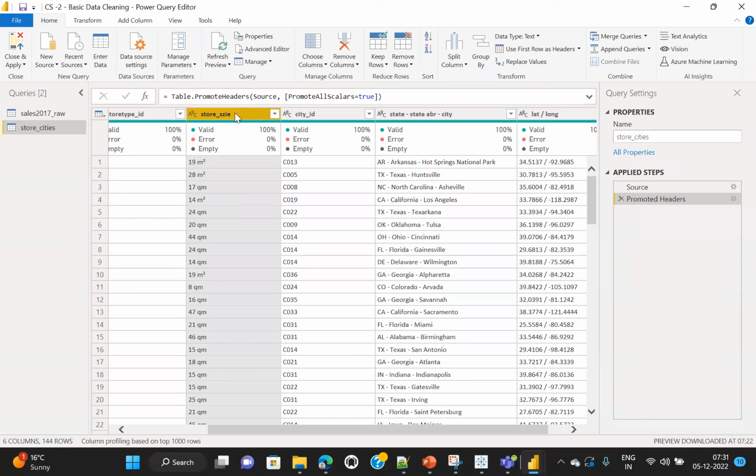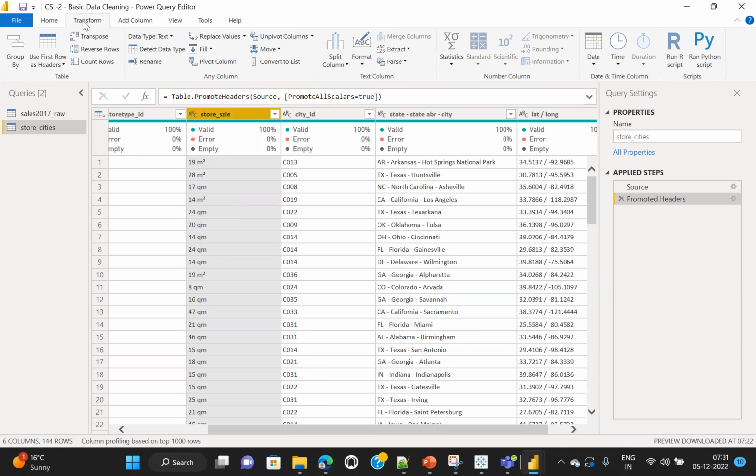The other option we had seen just at the start of this session is the extract tool. If we don't want to get the units in a different column, we can just use the extract tool, and this is the right tool to get only the value without creating a different column. In this case, suppose we just want to get the store size, only the store size, and we are not bothering